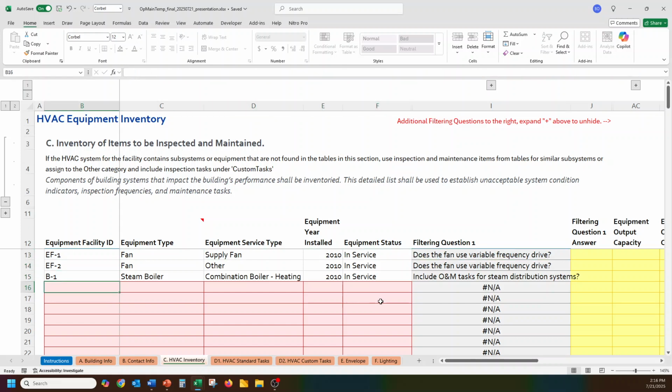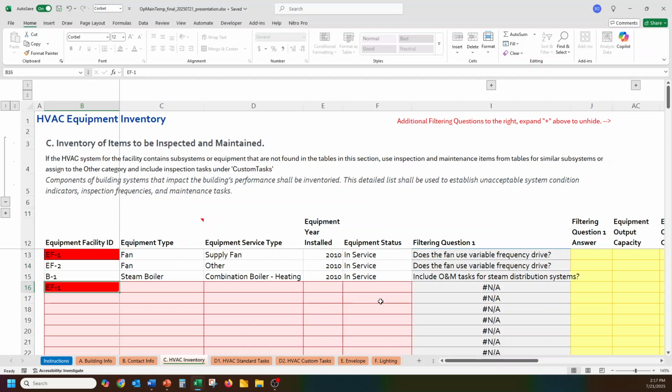before we proceed, let me show you, let's say, if I try to enter something a second time, like EF1 here, well, now we get this red alert, which says what this is telling you is something went wrong. You're not supposed to do what you just did. So we have broken one of the rules on this sheet by doing this, which is having no completely duplicative equipment facility IDs. So this is really just a reminder to you as the user of the spreadsheet that when you install a piece of equipment,